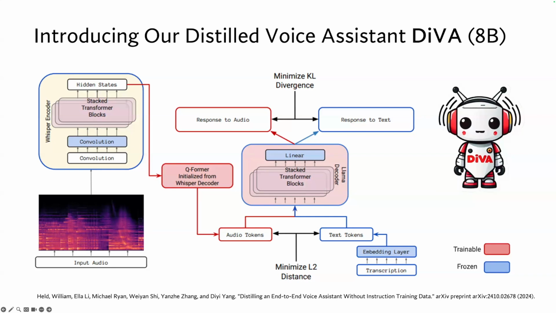We actually introduced this in the hope that we can leverage both strong voice models like Whisper, as well as very strong large language models such as Llama. So the key idea is that when we have input audio, we will first pass it through a Whisper model so that we can get these audio representations. And then on the other side, since we also have the transcribed text, we are going to pass it through an embedding layer and get the text tokens.